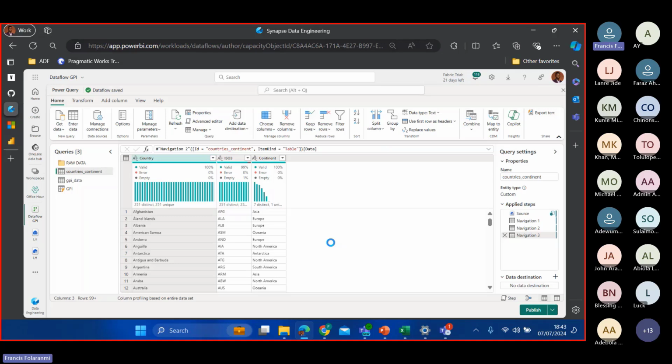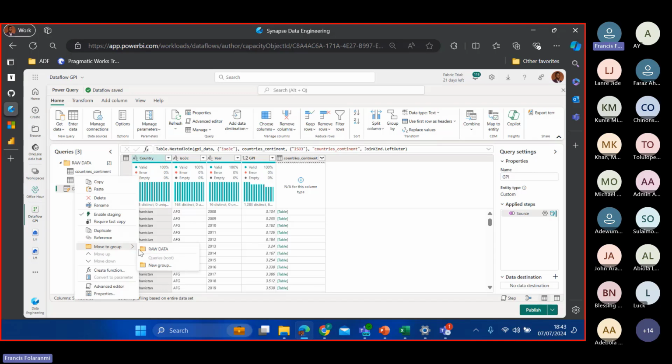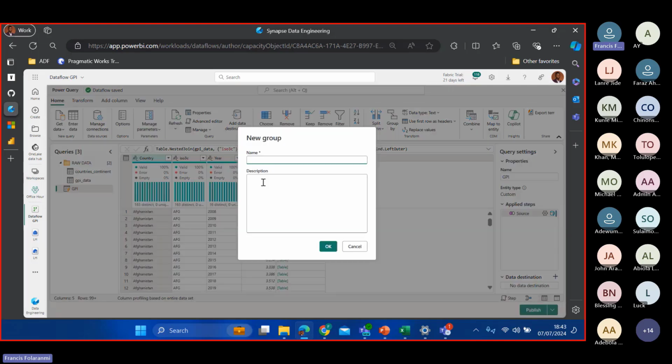Once I click on OK, I can also drag this into that folder. Then I have just GPI left. So I can right click on GPI also and move it to a new group, just for best practice and organization sake. Then I can call it transformed data.